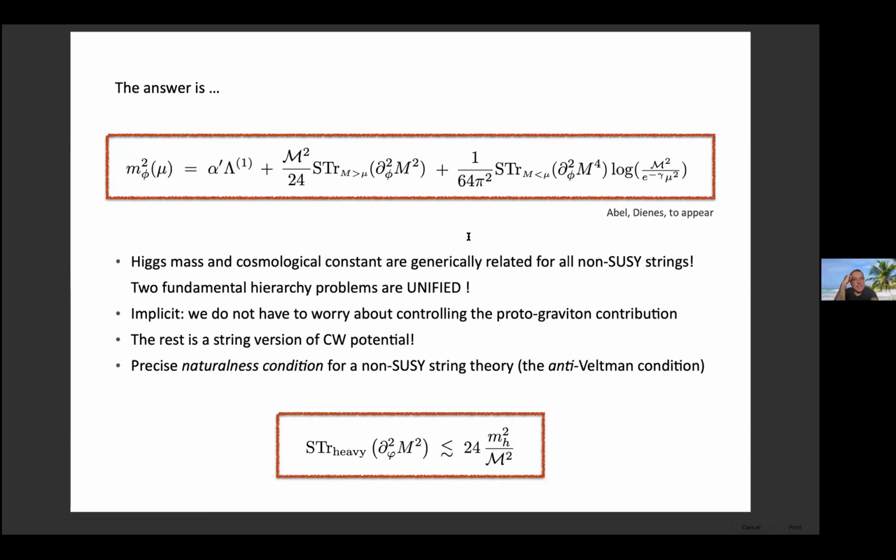Yeah, the term softly broken is something which bothers me a little bit because it gives you the impression that if I go above a certain energy scale, it will start to look supersymmetric. It's actually the exact opposite, that it starts to look completely non-supersymmetric. Okay, but you use it.